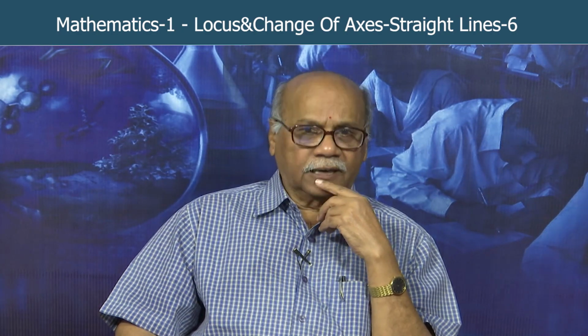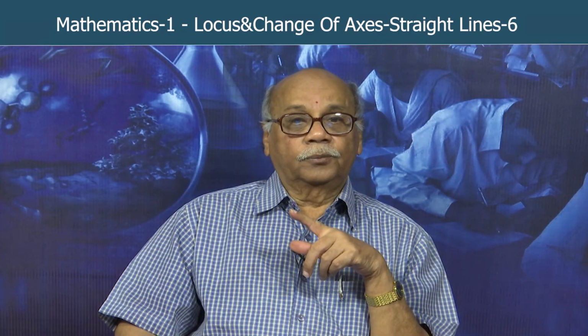We have discussed two aspects in change of axis. One is, by using change of axis, how to remove the xy term and the first degree terms from the second degree equation. All of you know that if one of a, h, b is not equal to 0, then the equation ax square plus 2hxy plus by square plus 2gx plus 2fy plus c equal to 0 is called the second degree general equation, and ax square plus 2hxy plus by square equal to 0 is called the second degree homogeneous equation. Now, to eliminate the xy term from the equation, you have to rotate